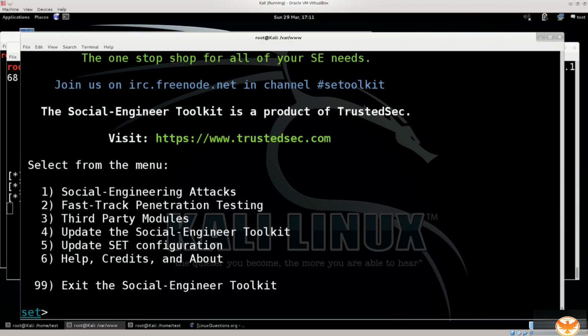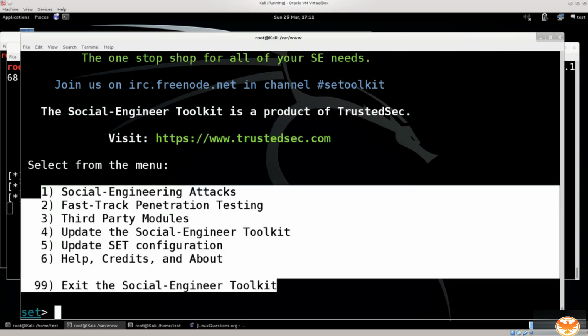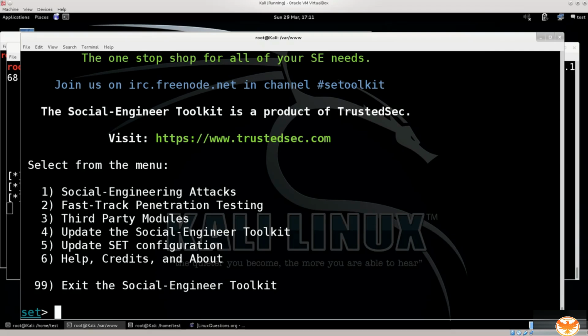There isn't really much to it. It's very powerful, but it's very simple. I have no idea how they've managed to do this, but apparently they have. Anyway, you have a great deal of options here which you can use. I would definitely advise that you try some of them out. Type in 6 for help and see what's there. Just read through it a little bit. You're probably not going to try all of them out, but I would definitely advise that you pick at least one other than the one that we're going to use today